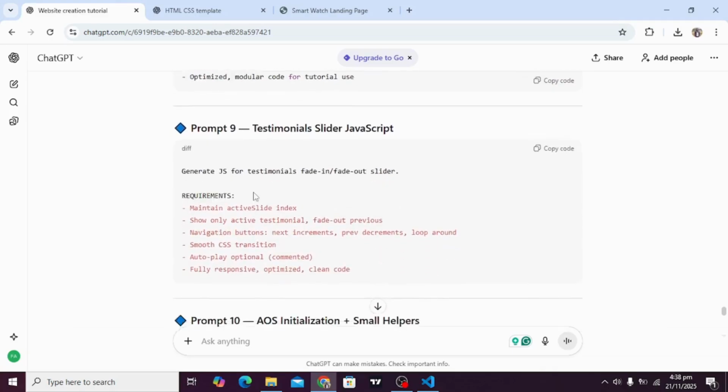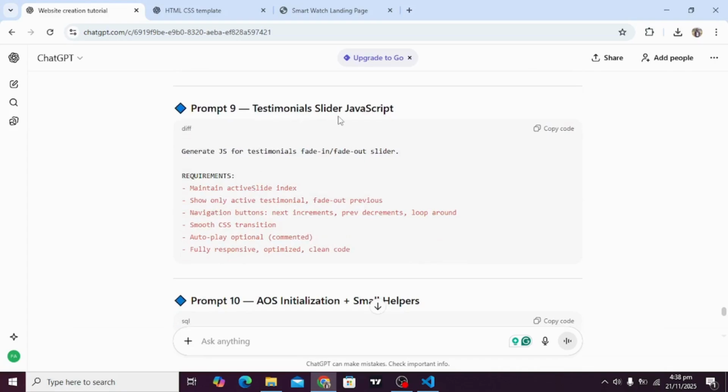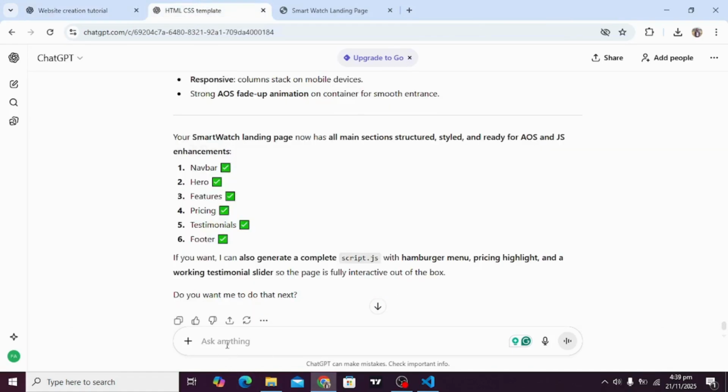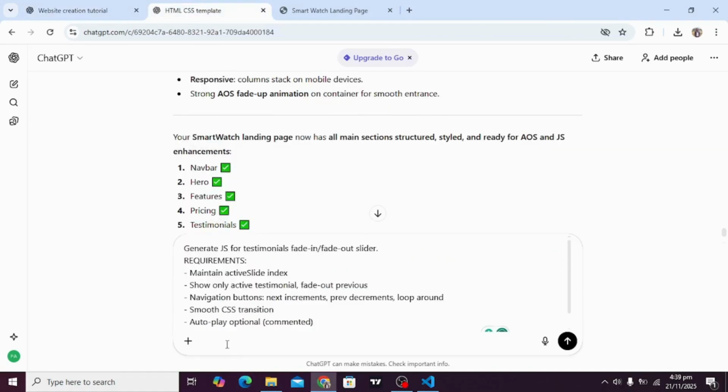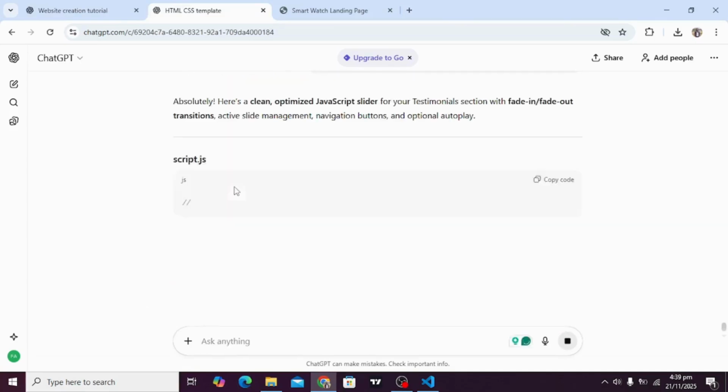We will go to the next one, the testimonial slider JavaScript. Generate JS for testimonials fade in fade out slider. Let's copy and see what it writes for us. So here you go.